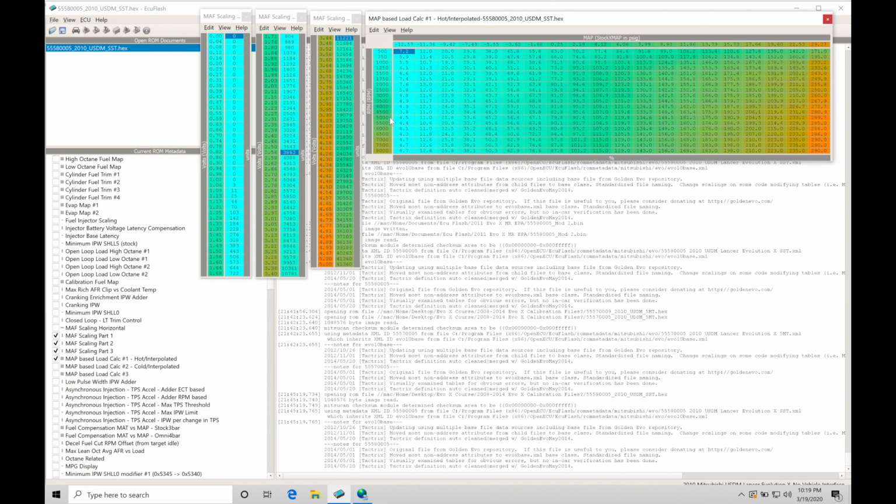We can track what's going on based on MAF calcs and MAP calcs. We'll talk about that here in just a little bit. We can actually figure out what mode it's going to be in. Is it going to be in mass airflow mode, or is it going to be in speed density mode? Now, there are 3 tables here, and they are redundant as far as the tables go. We normally want to make all the values in all of our MAP calc tables